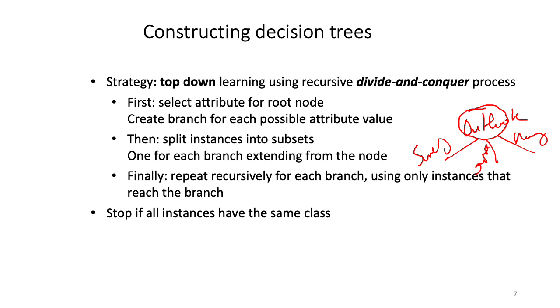For instance, all the instances that have Outlook equals sunny will go down this path, and you do the same for the other attribute values, and then right after that you recursively create another tree node that will correspond to another attribute, for instance humidity, and then you recursively create branches and so on. So the algorithm stops at the leaf node once all the instances belong to the same